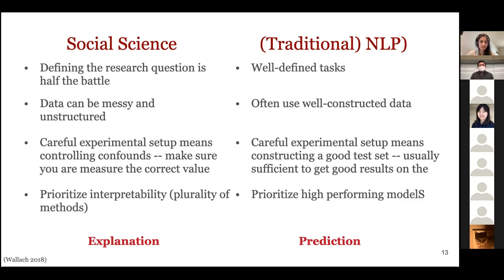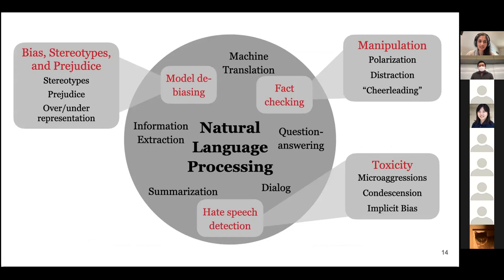So that's a little bit of an overview. If you're interested in this area, this comparison I drew from an opinion piece written by Hannah Wallach a couple of years ago, and I think it is really helpful. It's like 3 pages, so if you're interested, you can check it out. But to think a little bit about how we go from this traditional NLP setting with well-defined NLP tasks to being able to address these broader explanation-oriented social science tasks. So how do we do that?